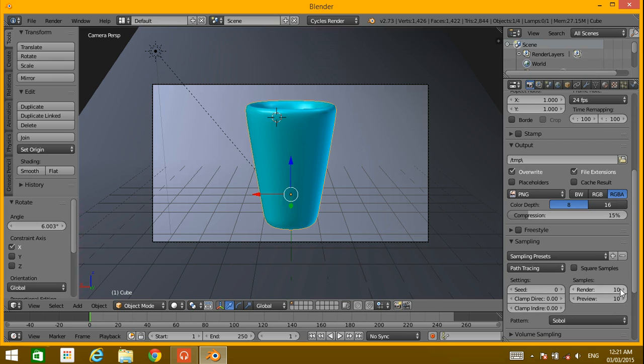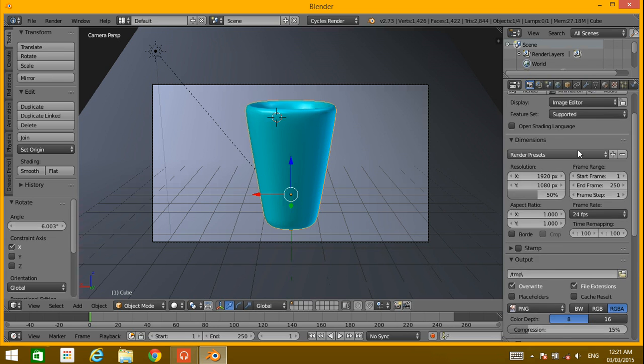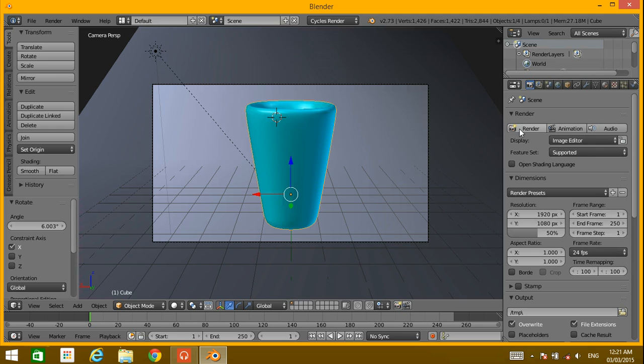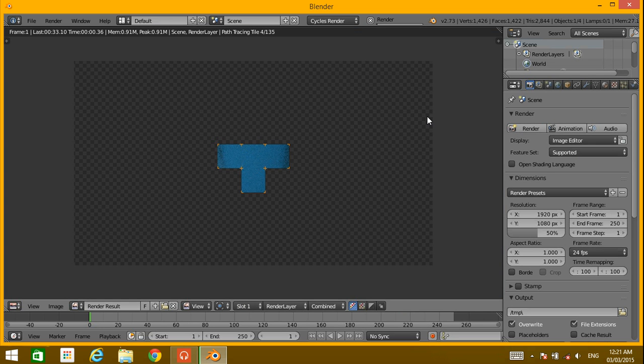Render 100. Okay, so now just render it and see what it looks like.